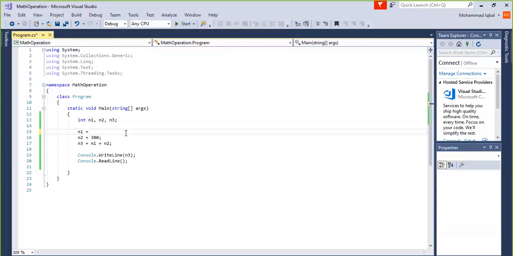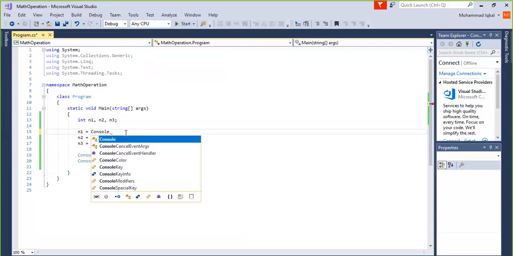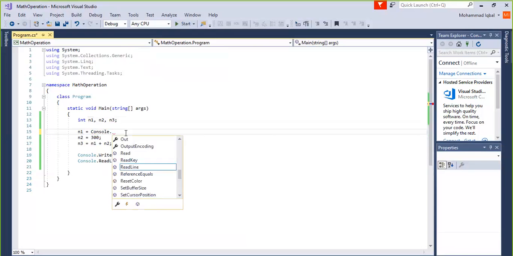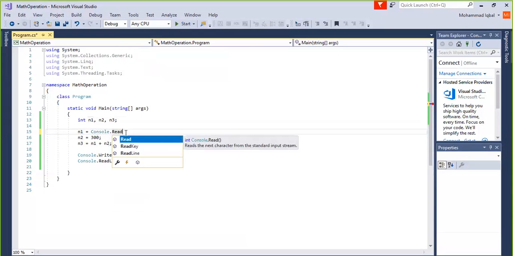Console dot readline, right? If I write something, it will